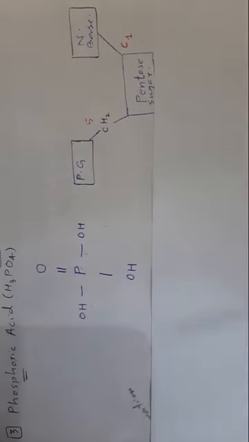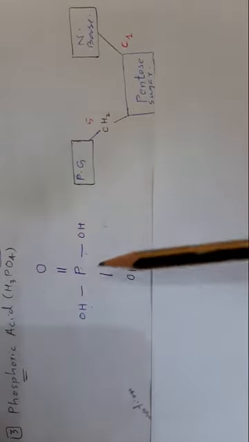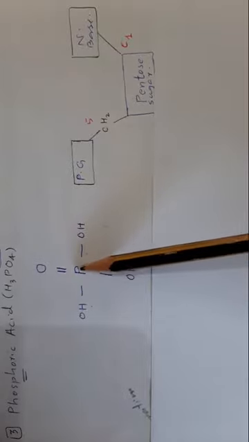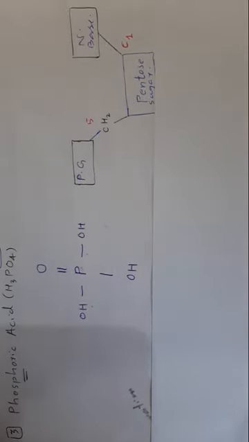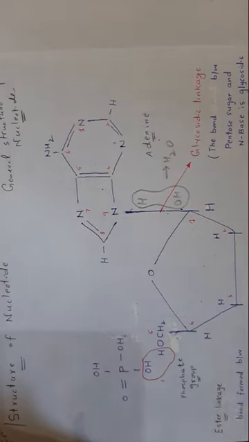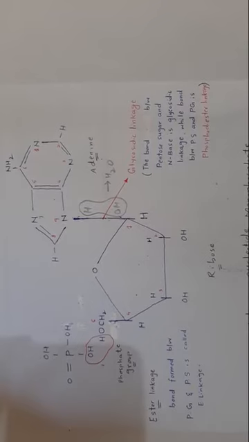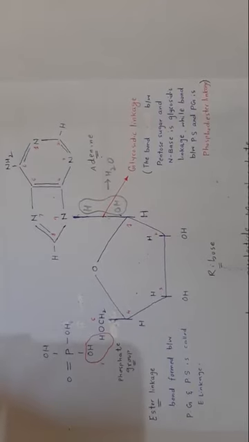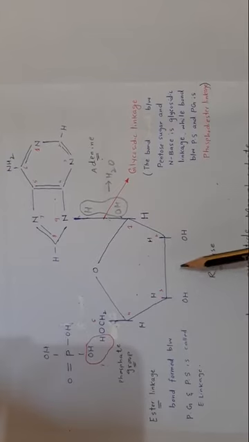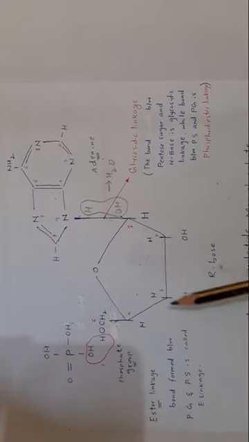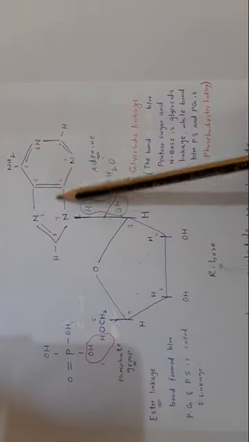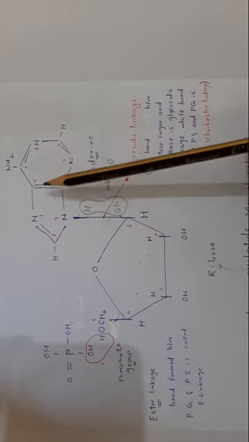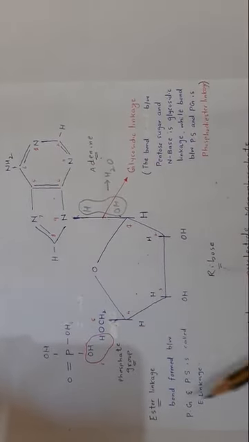The third component of nucleotide is phosphoric acid, H3PO4. This is the structure of phosphoric acid. Its molecular formula is H3PO4. Now coming to the structure of a nucleotide, or how a nucleotide is formed. If you look into this structure, this is a structure of a nucleotide. Here are three components. This is a 5-carbon sugar, that is ribose. This is adenine, a double ring nitrogenous base, and this is the phosphate group.